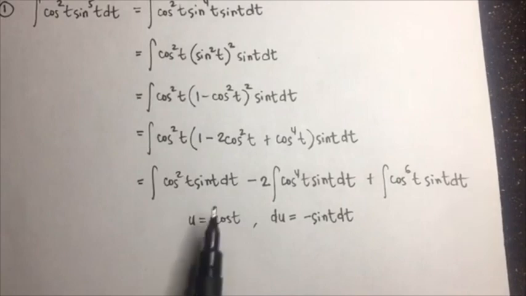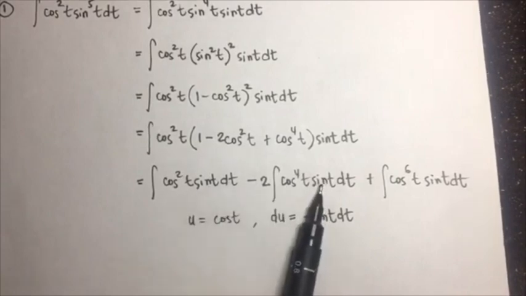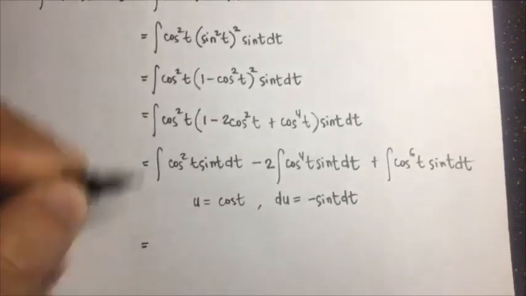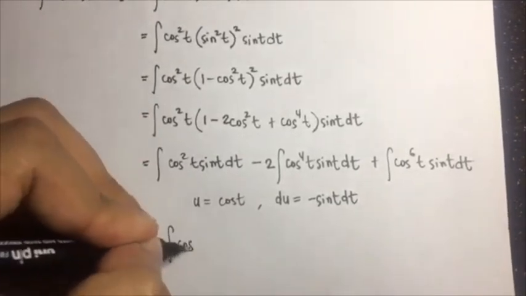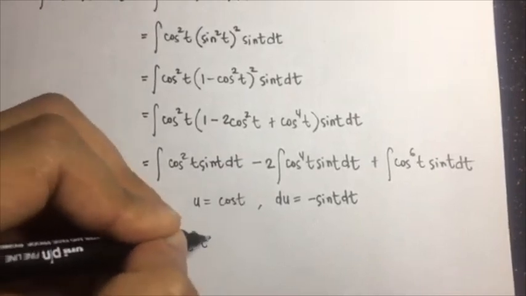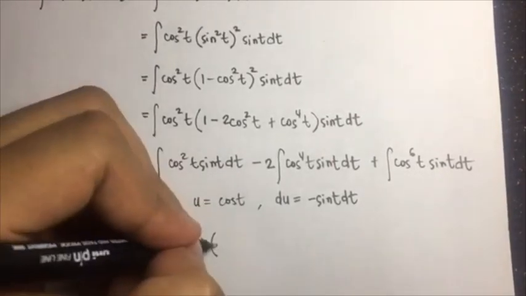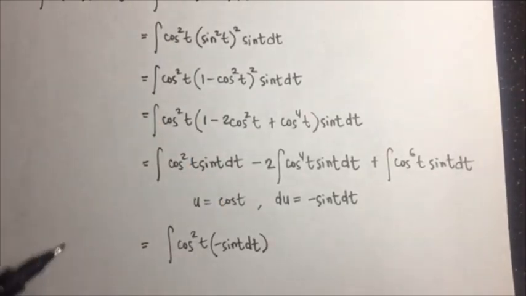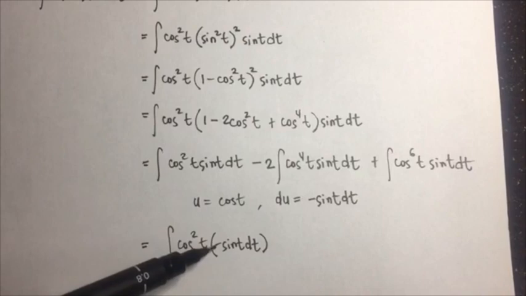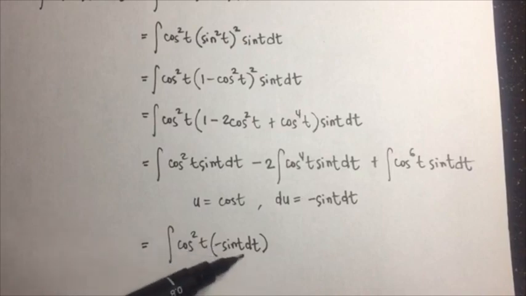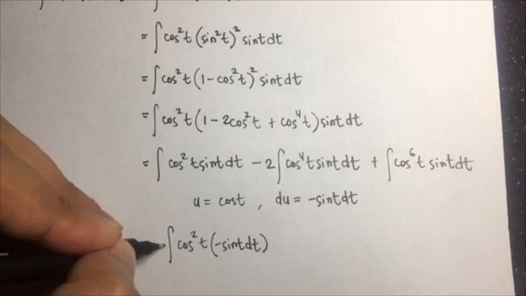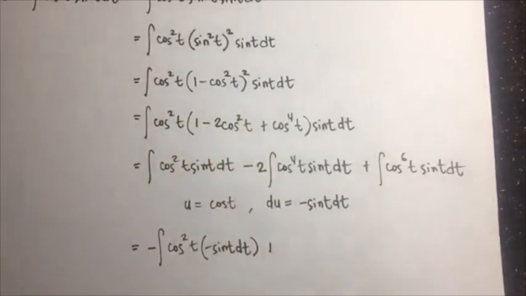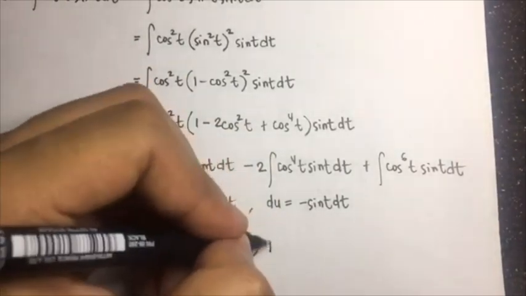So we have a missing negative in the factors, so this will become the integral of cosine squared t times negative sine t dt. Since we place a negative sign beside the sine of t, then outside the integral sign we will also put negative. So that's minus